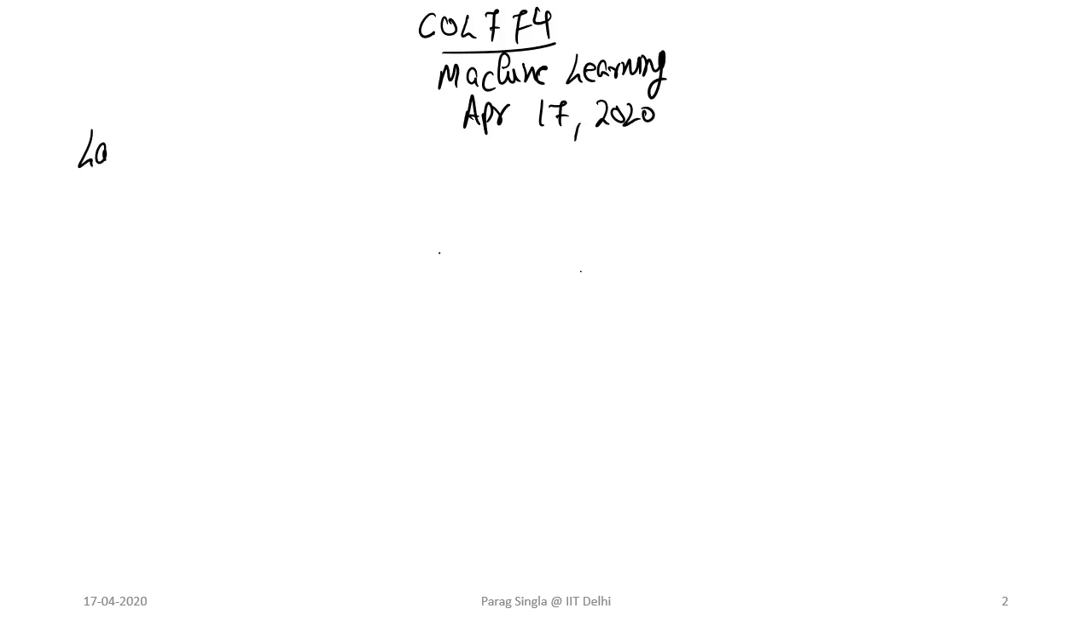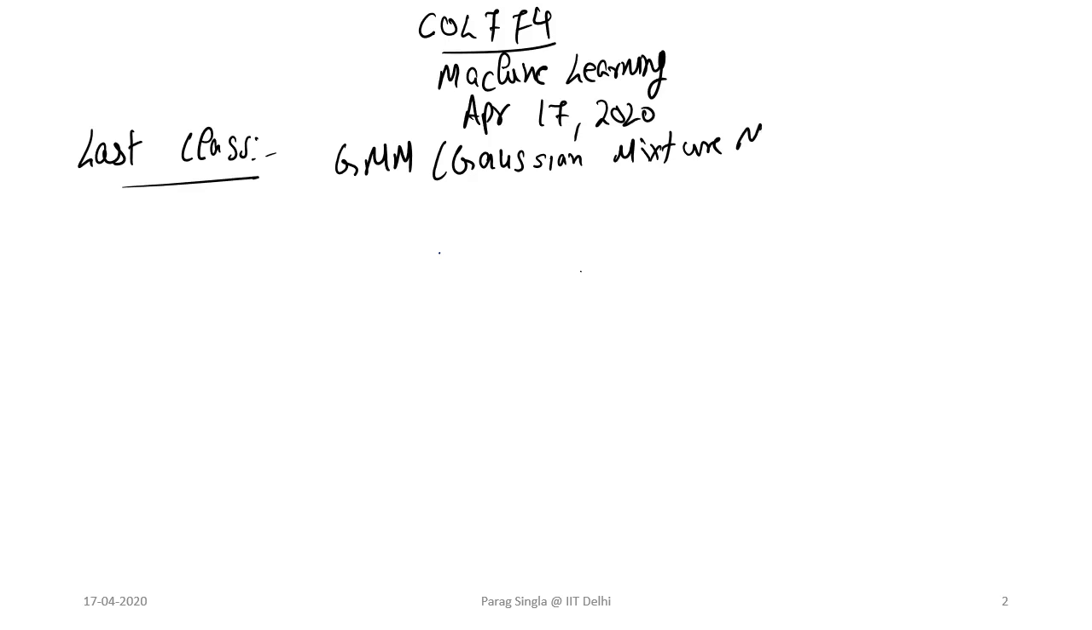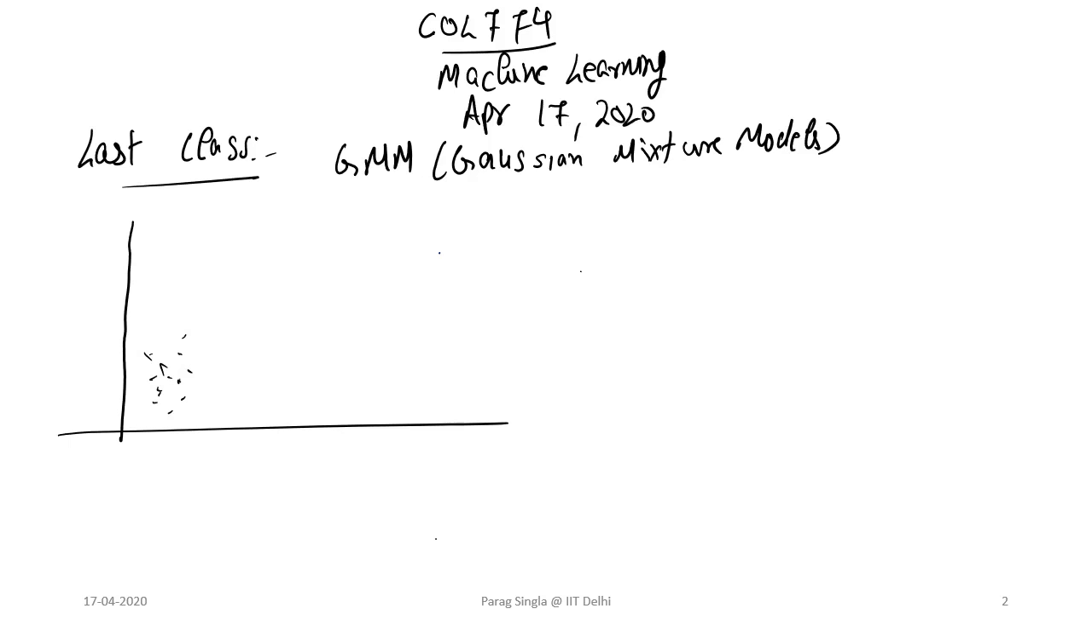So, last class we looked at GMMs, that is Gaussian mixture models, right? And remember that they were sort of a generalization, if you will, of GDA to the case when the zi's are not present, right? So this was sort of the diagram that we had,